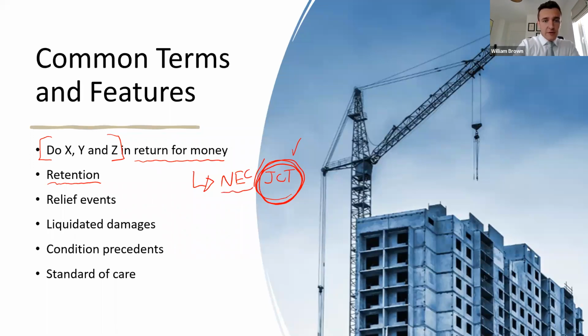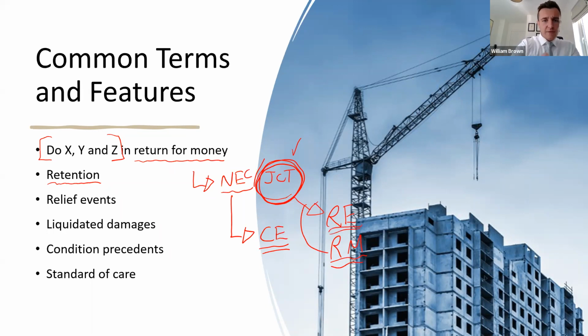We call those events under the NEC the compensation events. I'd like to think that most people that deal with that contract have heard of a compensation event. And those are effectively events that will entitle the contractor to relief, both in terms of time and in terms of money. And another point that we will look at shortly is how that differs under the JCT. Because under the JCT, there are no compensation events. There are things that are slightly similar, but they are different enough to warrant discussion. We call those the relevant events and the relevant matters.